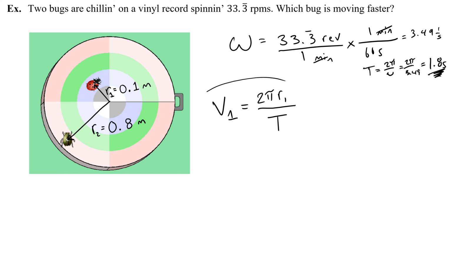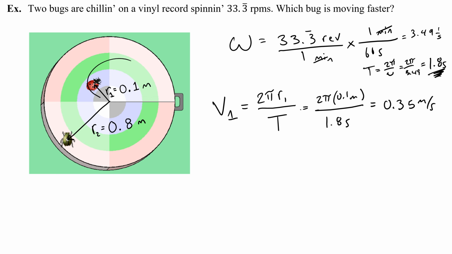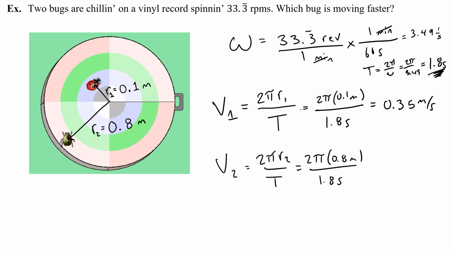Okay, so linear velocity of this bug, we've got 2 pi times the radius of 0.1, so 0.1 meters, divided by the amount of time it takes, 1.8 seconds, and that's going to give me 0.35 meters per second. So that's how fast this first bug is moving. The second bug, we'll call this V2, is going to be 2 pi times R2 over capital T. So I'll do 2 pi times its radius, 0.8 meters. Divide that by 1.8 seconds, and I'm going to get 2.79